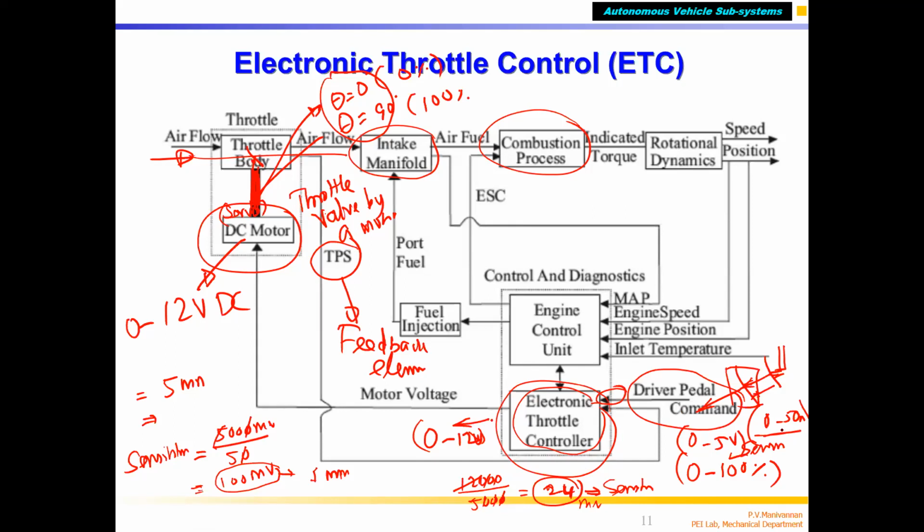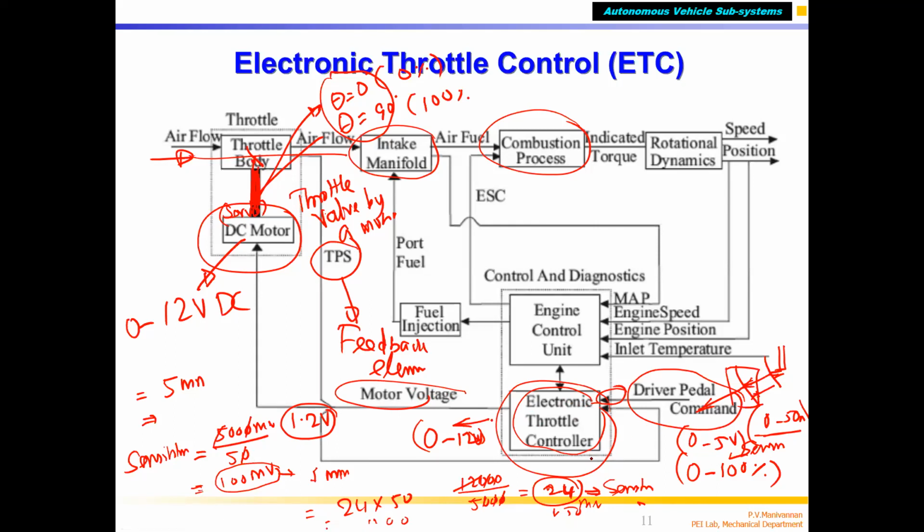But if I press the throttle pedal by, how much did we say, 50 mm, correct? 24 into 50 is the voltage generated by the electronic controller, the throttle controller, to the motor. It's going to be 1.2 volts. 1.2 volts will be supplied when the driver presses the throttle pedal by 50 mm. What it will do is this will generate